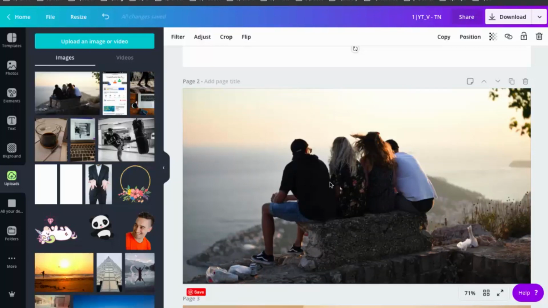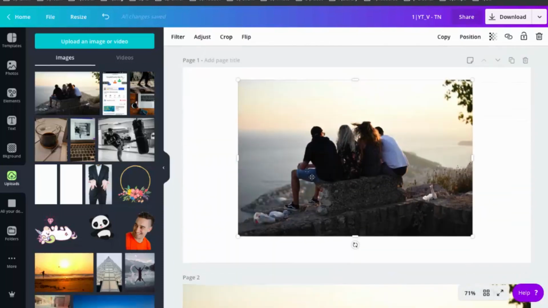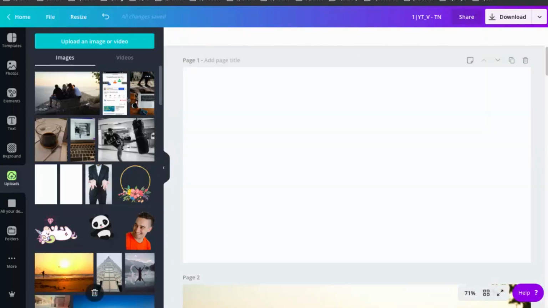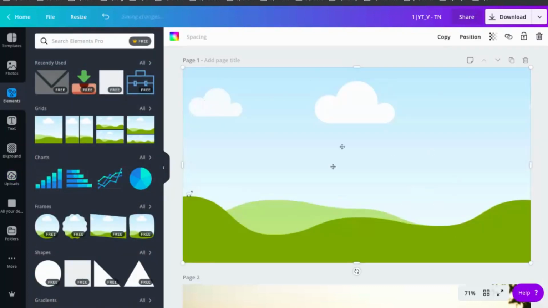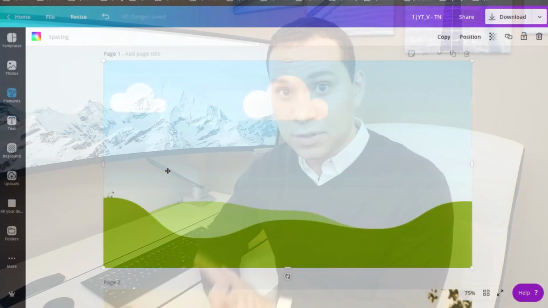Now, if you have a blank canvas, Canva sometimes does this automatically, but it's not always a guarantee. So what we want to do is come over here to Elements and then click on Grids and just click on the first one. And now we have a grid. Also, if you decide to do any filters, you can actually apply the filters to this grid, and then every image you drop in will automatically have that filter applied.